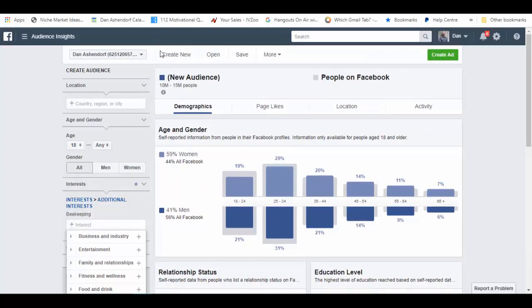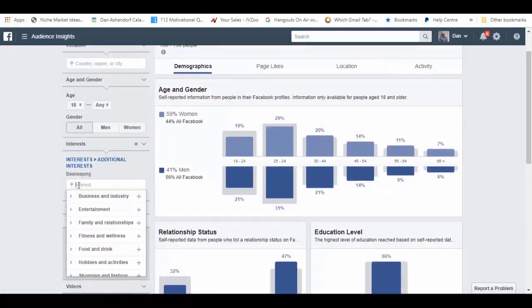The return on investment is going to be negative because that's just going to be too costly. We have to be a lot more targeted. The more targeted we are, the more likely we are going to be able to get cheaper ads. Let's say I'm going to go for